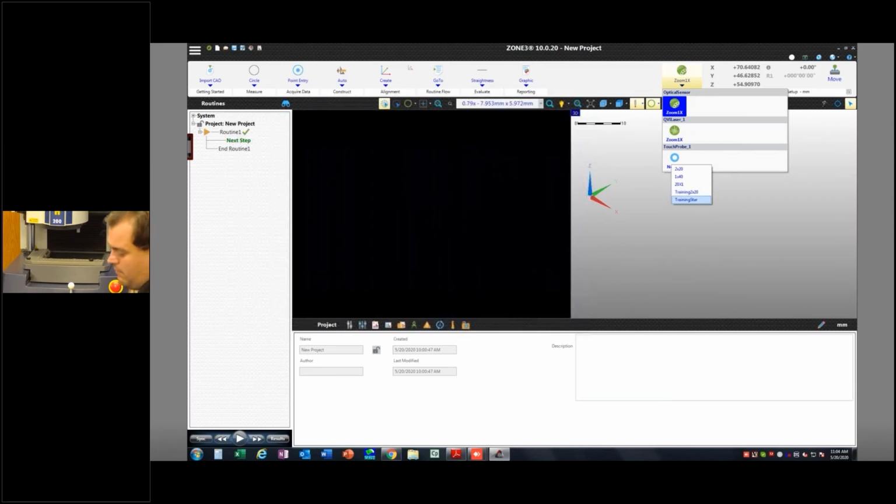So let's go ahead and now mount our part on the stage. I'm just going to throw one more two-sided tape on there. Again, feel free to be better at this than I am with regards to holding your parts down. We're just doing stuff on the fly here. And there it is. I'm purposely putting it somewhere that I can get to the additional features I want to get to,